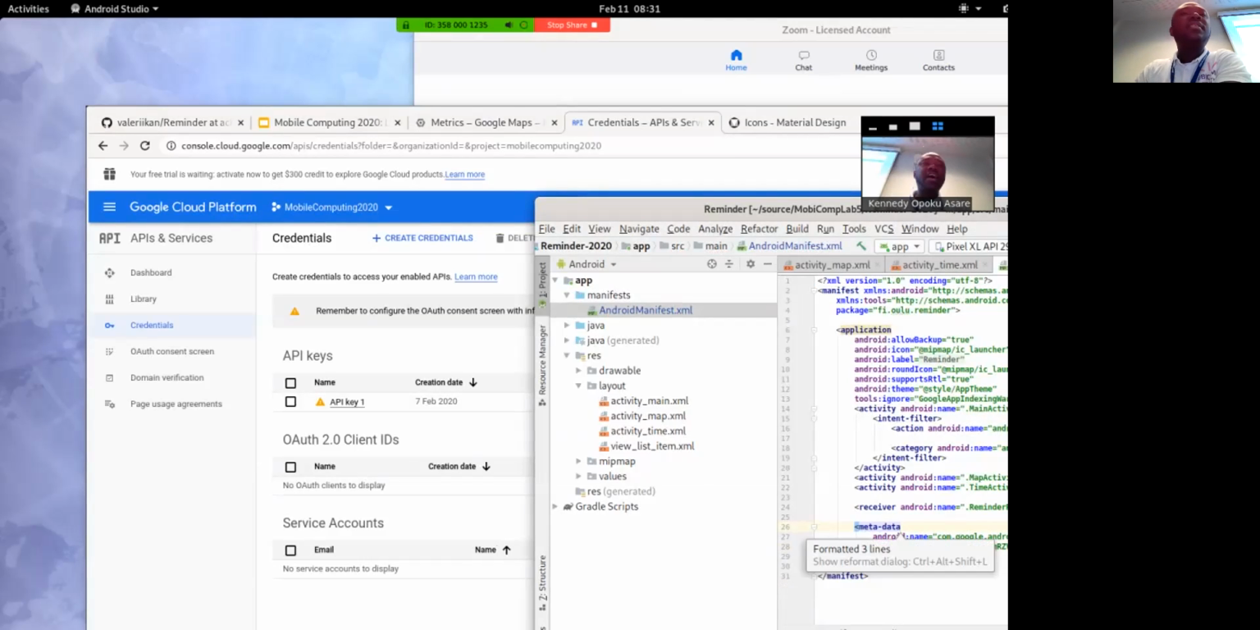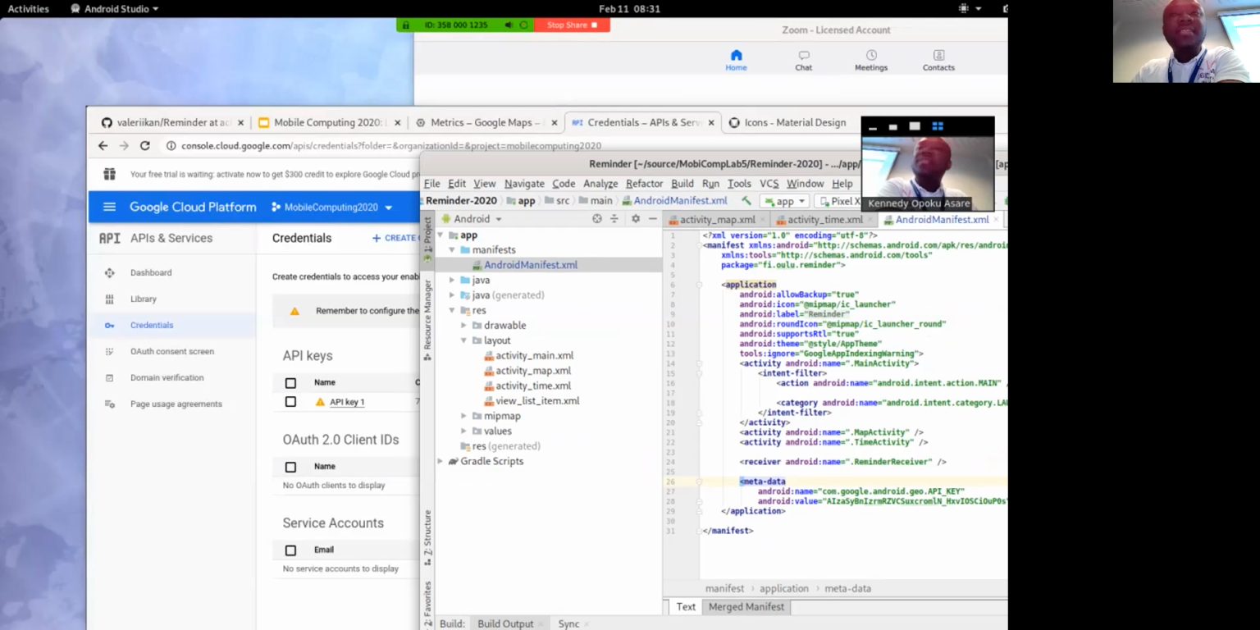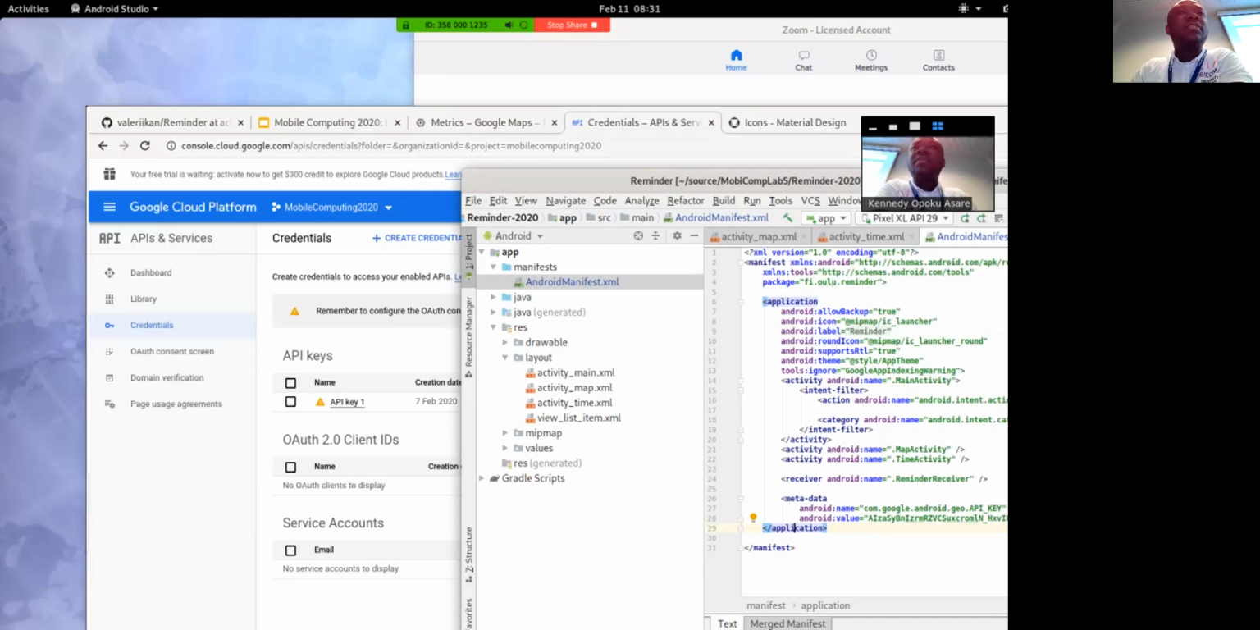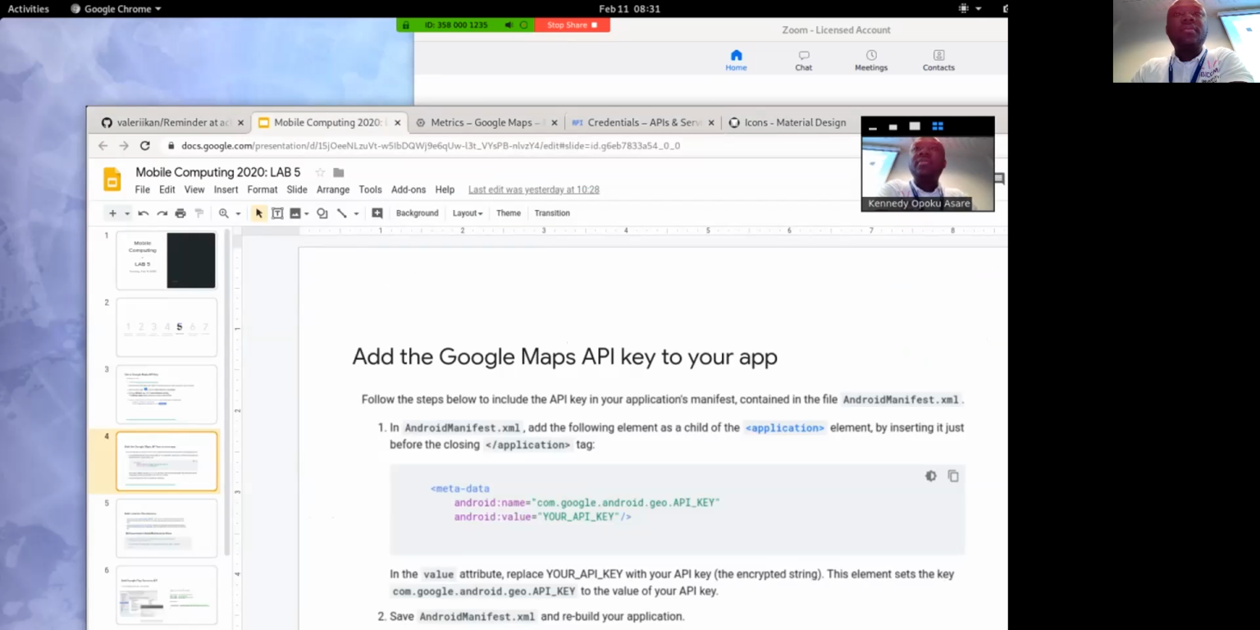So I have this step done now. So you create a metadata inside application, and then you put in your Google Maps API key. So you create a metadata, name is com.google.android.geo.api key. So let's make sure that we get this step correct. Otherwise, we will have some errors along the line. And okay, so once that is done,